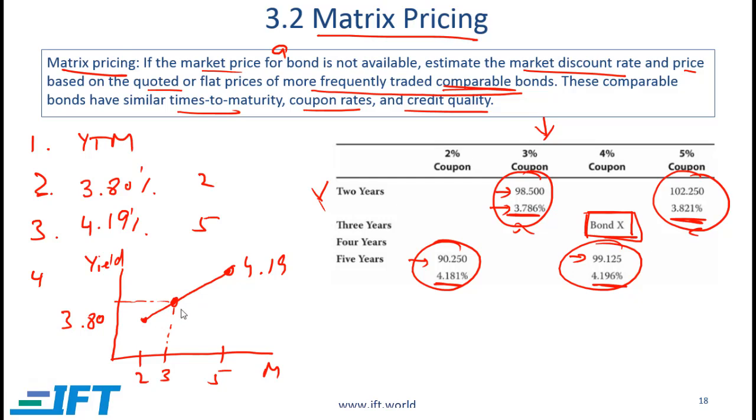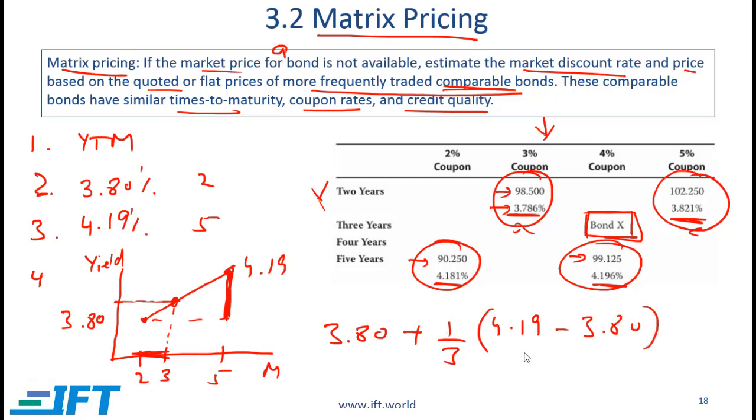The curriculum gives a formula which is simple to understand once you have this picture in front of you. This yield for the 3-year bond is simply equal to 3.80 plus, and then notice this distance is 1/3 of the total distance between 2 and 5. So we have 1/3 multiplied by this distance, which is 4.19 minus 3.80. When you do the calculation, you should get 3.93. So the YTM on bond X based on linear interpolation is